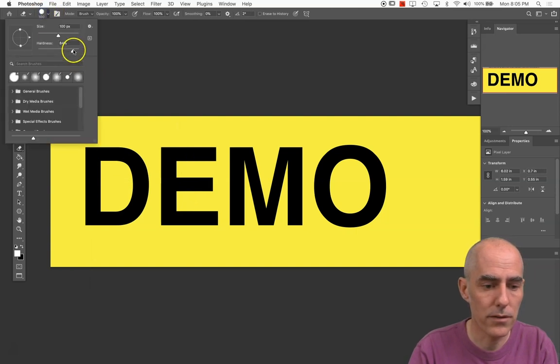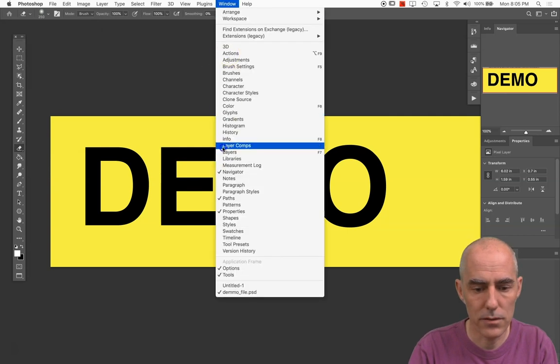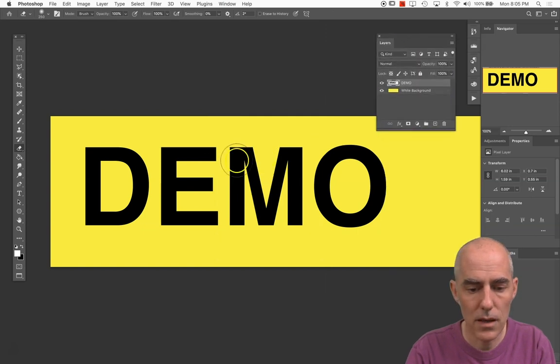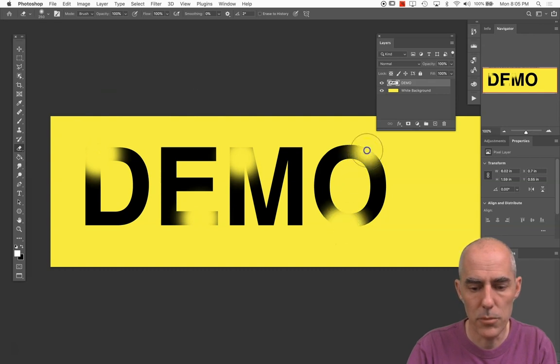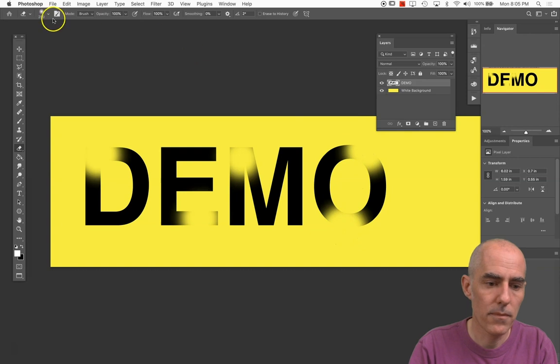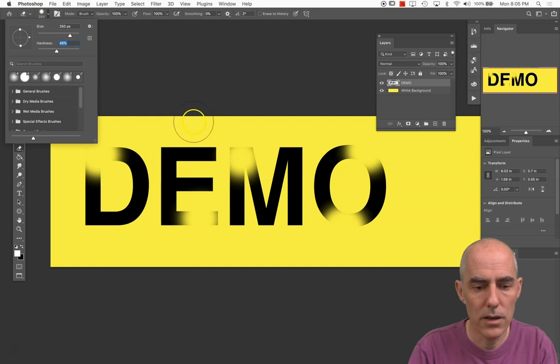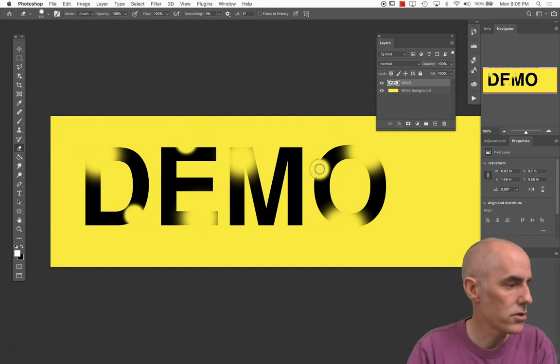I'm going to make it a little bit softer. And let's just double check our layers here. And let's go in and erase some holes out of demo. Okay, so that's that. Go ahead and do that. Once you've got it looking appropriately Swiss cheese-ish,